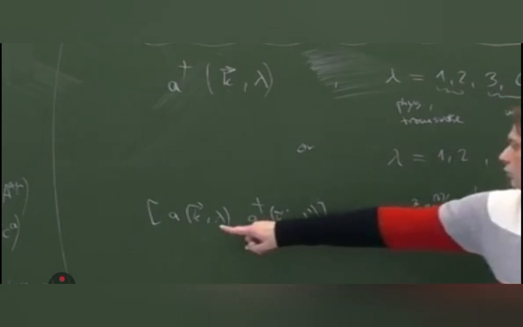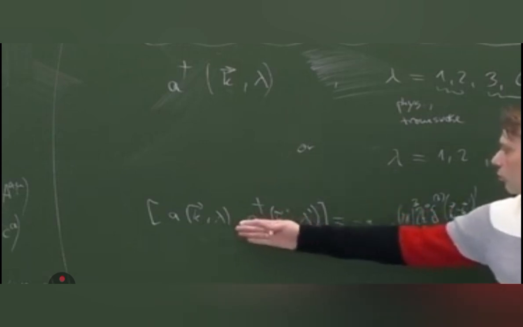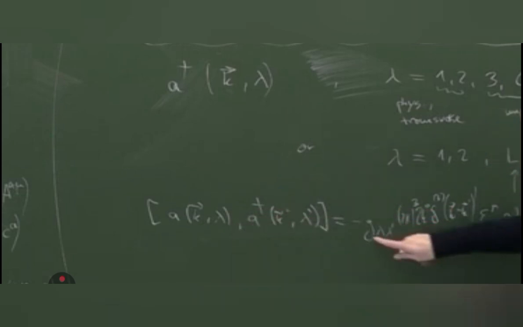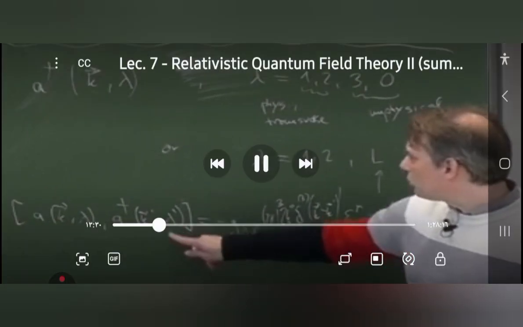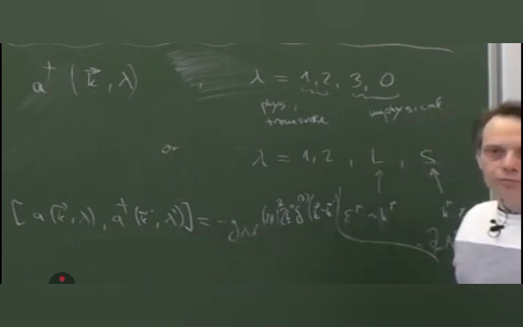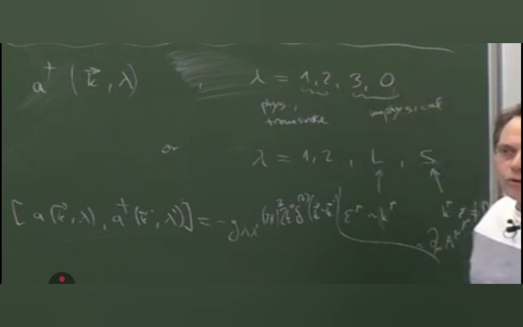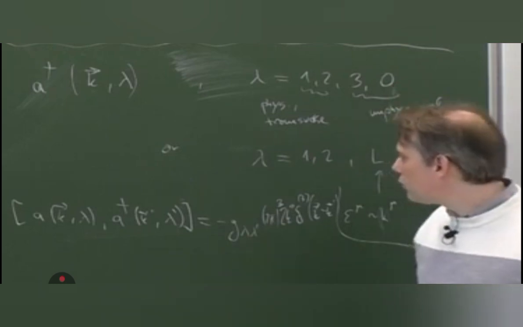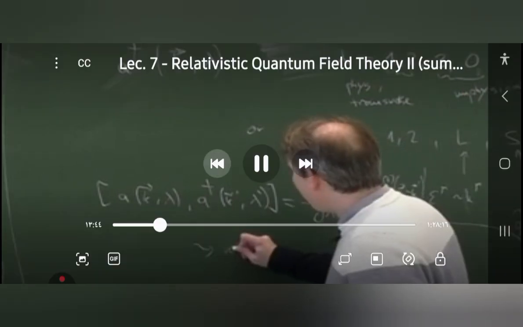So this then equivalently gets translated into scalar products between one particle states. So the scalar product between one particle states has the same result, and so here you see positive and negative norm states. So the G00 for lambda equals 0 has a negative prefactor, so the lambda equals 0 polarization has a negative norm state in the space of states in the quantum theory. So we get here negative